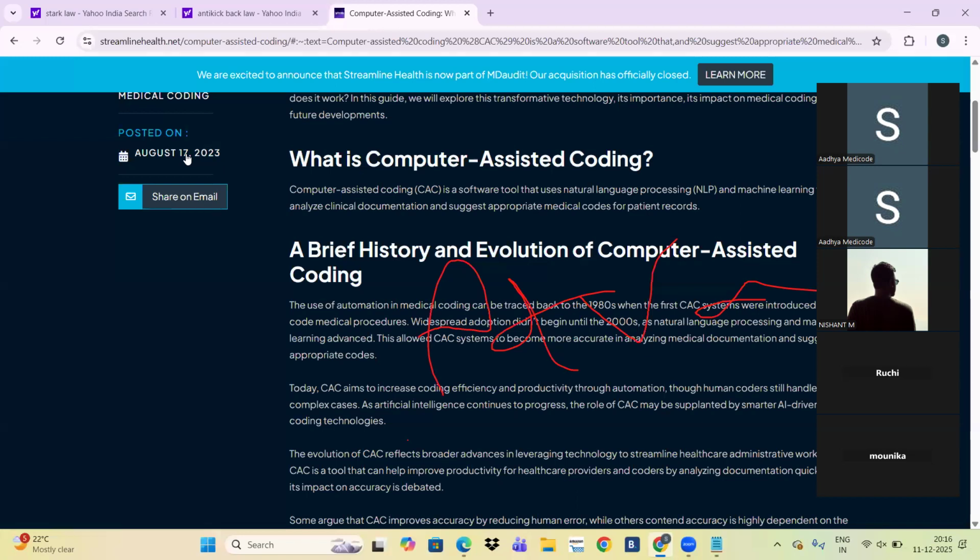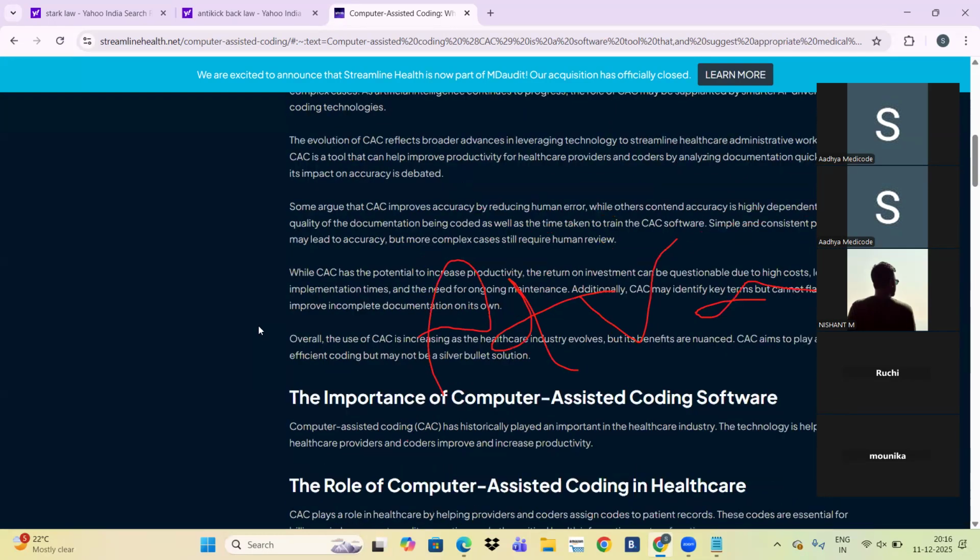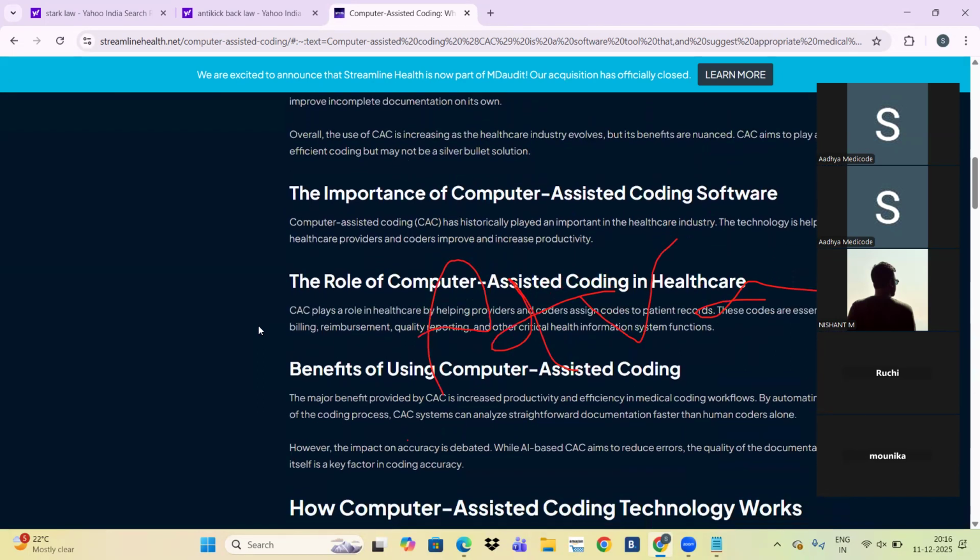They created a language how we are reading. The software also will read the entire document and it will identify the diagnosis and procedures from the document and it will code. It should be CAC, computer auto suggested coding. Automatically computer will code the document. So what language they used in this software? NLP. They use the NLP language,